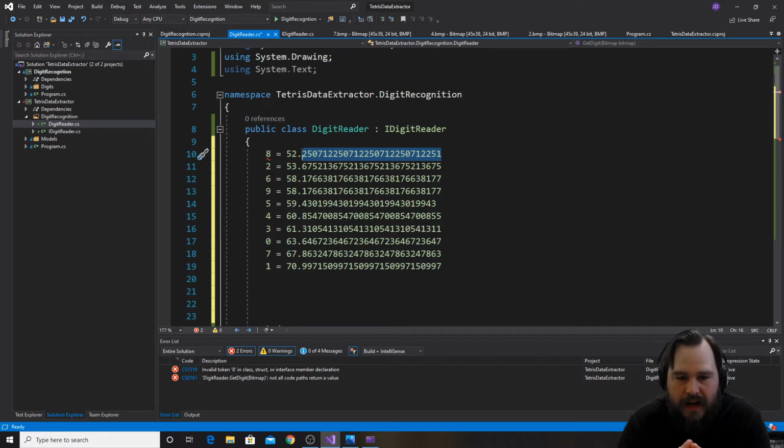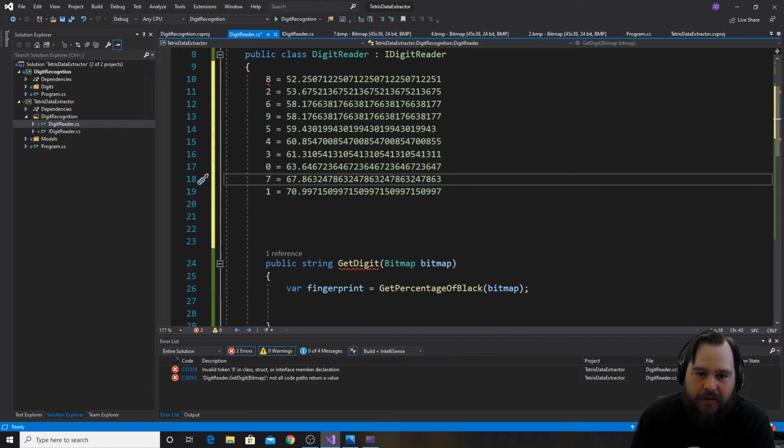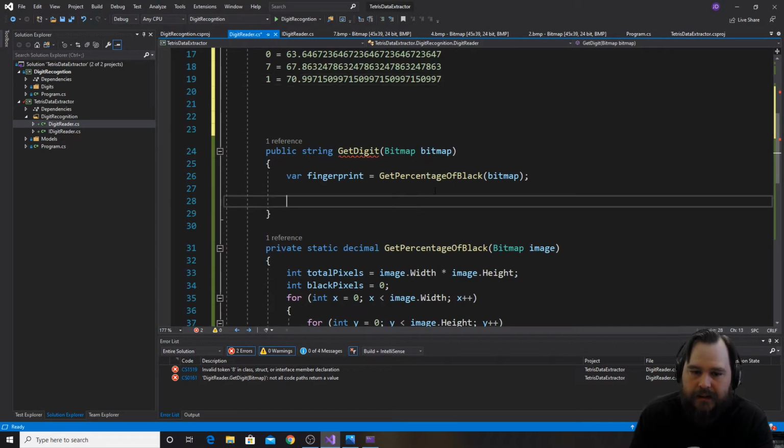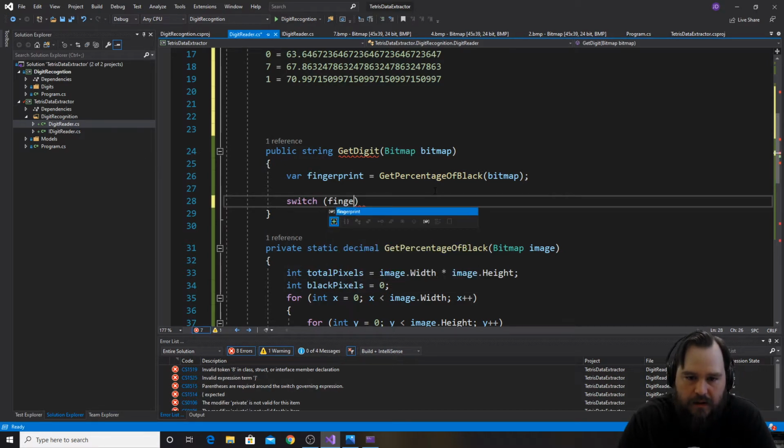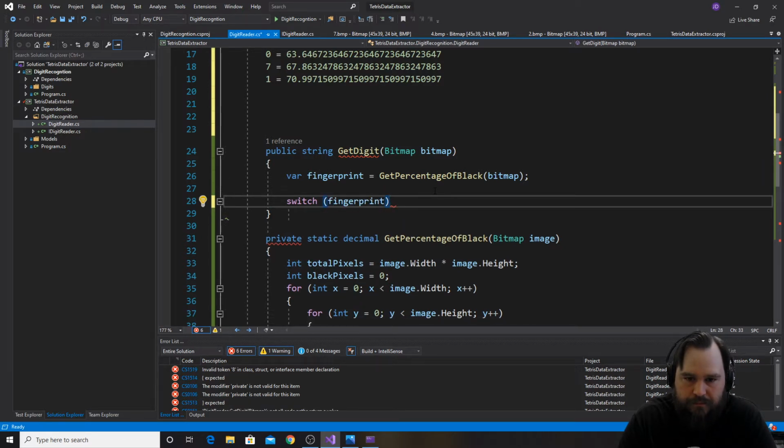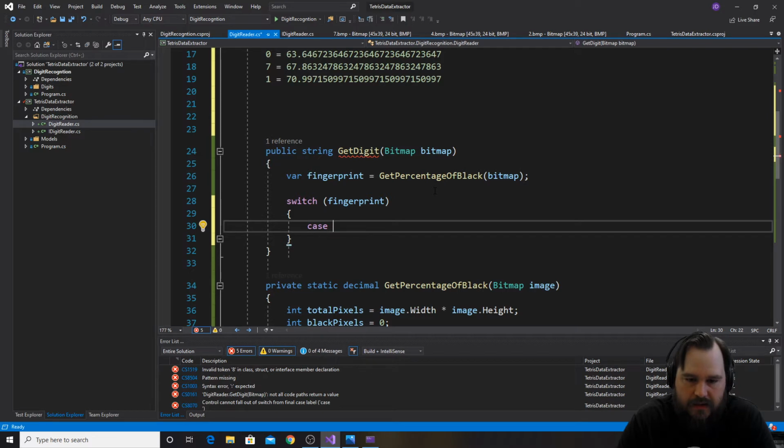So I'm going to say I have 10 digits. And I possibly am going to have 10 different ways of deciding if it's a digit or not. So for my first pass, my first idea is I'm going to write this massive switch statement. And then I'm going to write my different cases. So case,